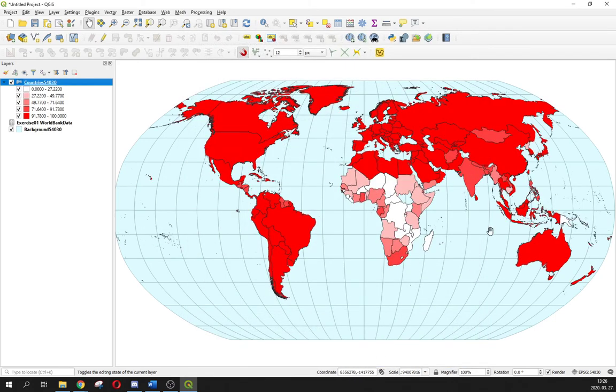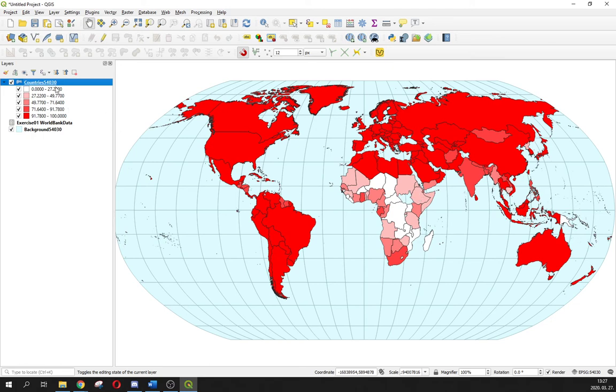We have the map, but we have holes in that country where there is no data for the accessibility of